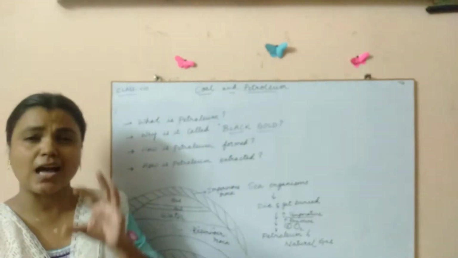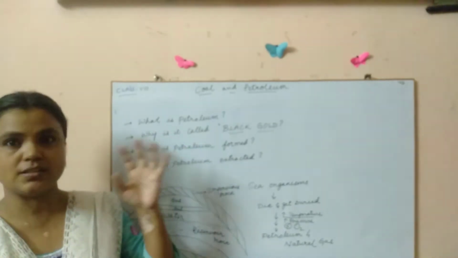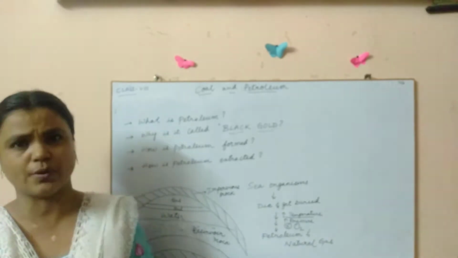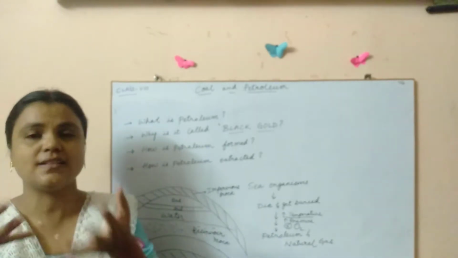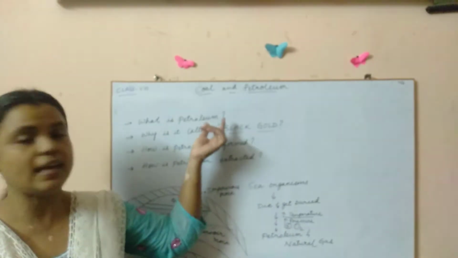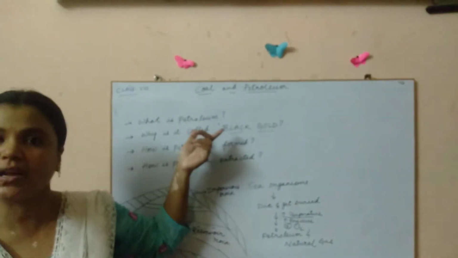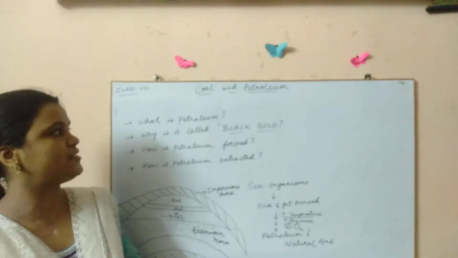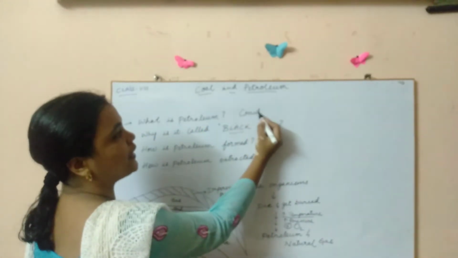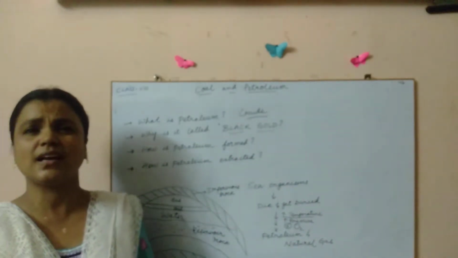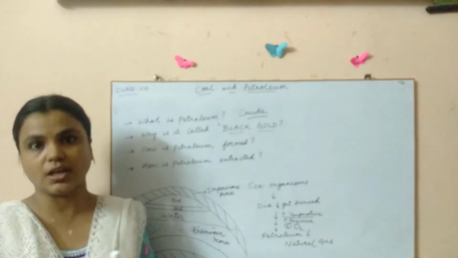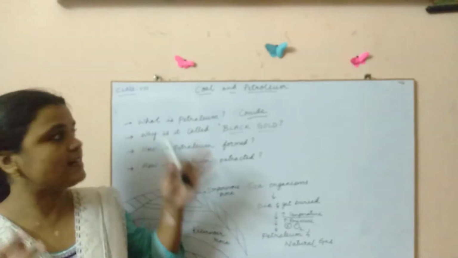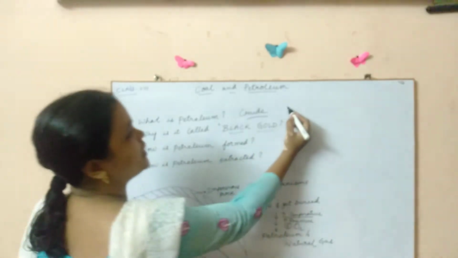It's a dark brownish color, or from brown to green, very viscous liquid. Viscous means what? It's very sticky and it has a lot of density. So it is a very viscous, sticky, dark brown or green colored liquid. It's also called crude oil, children. Crude means it is unrefined oil which has a very strong odor. Odor means it has a very strong and pungent smell, and that smell is due to the presence of many sulfur